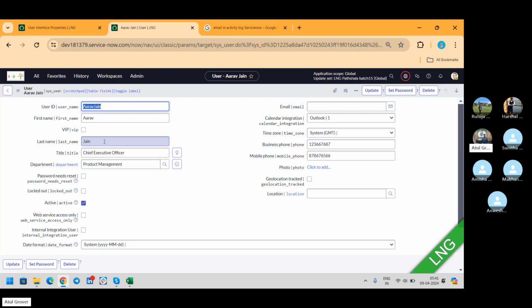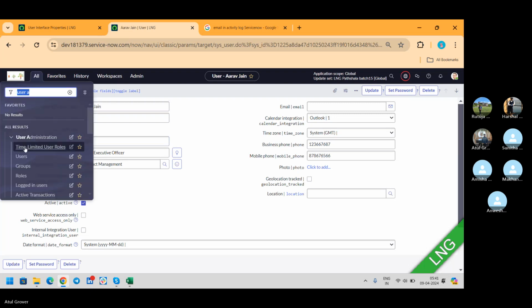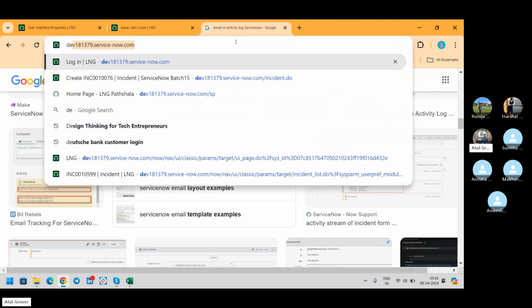What can we do? We can go here, user, click new, fill the details. Again, go here, fill the details, new, fill the details. But ServiceNow says I can give you another option as well. And one more thing. If I open this one,